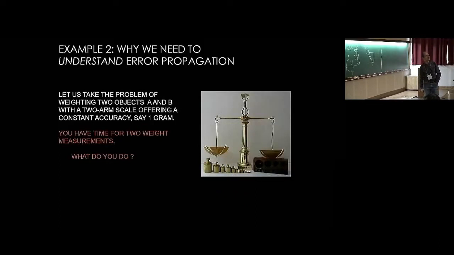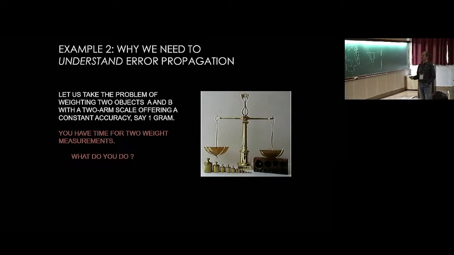So let's take the example of taking two measurements with a very old-fashioned scale of a certain object. This scale is particular in that you have reference weights of different value that you put on one arm. You can put them anywhere anyway, and you can put your object on one arm, and you can find an equilibrium point, and then you can sum up the weights you had to put in order to create equilibrium, okay? Now, let's imagine that you have two objects, A and B.